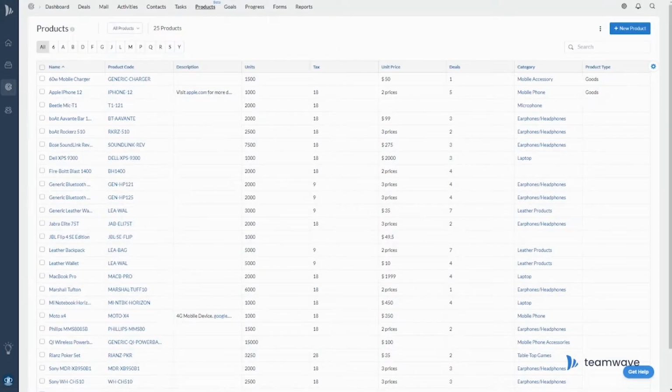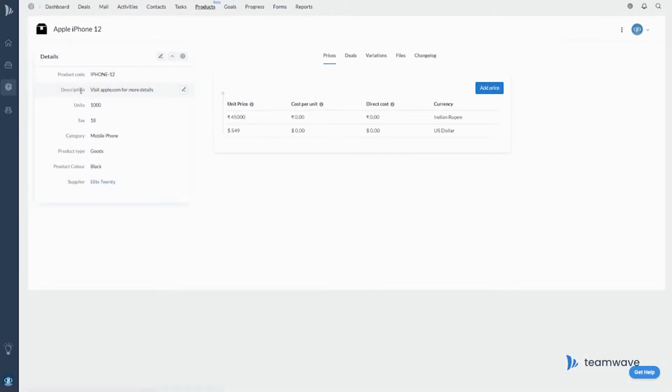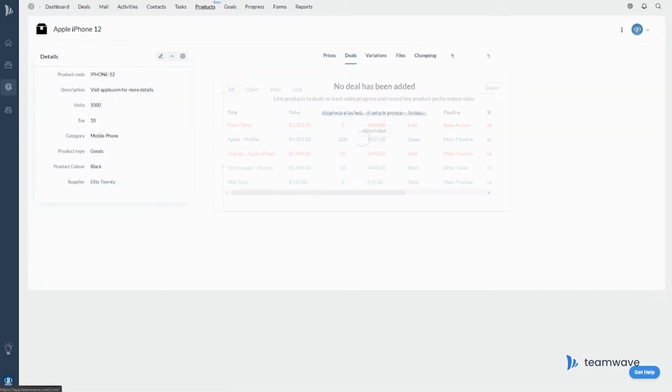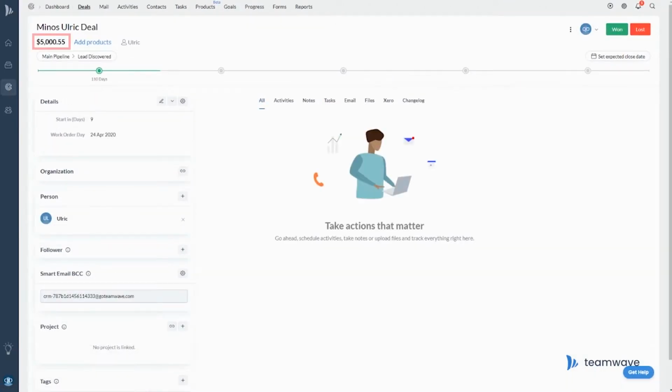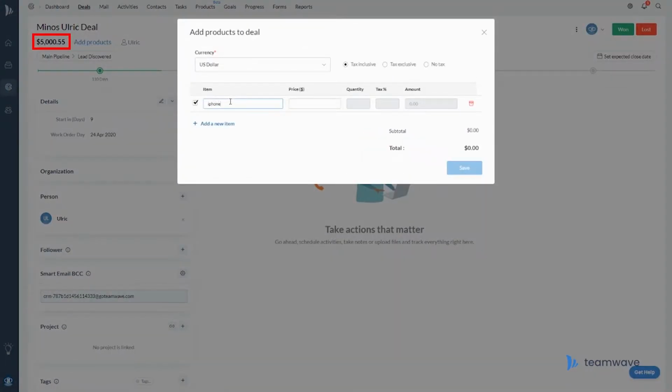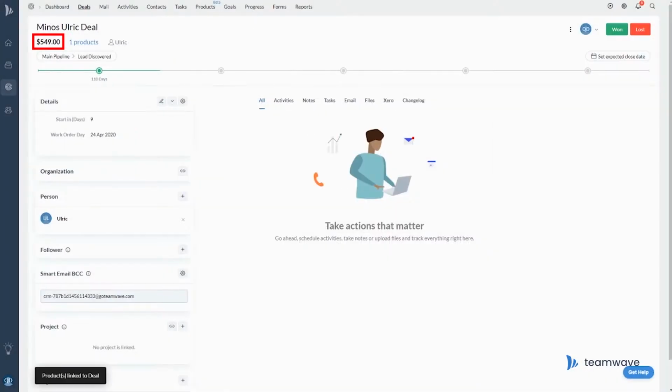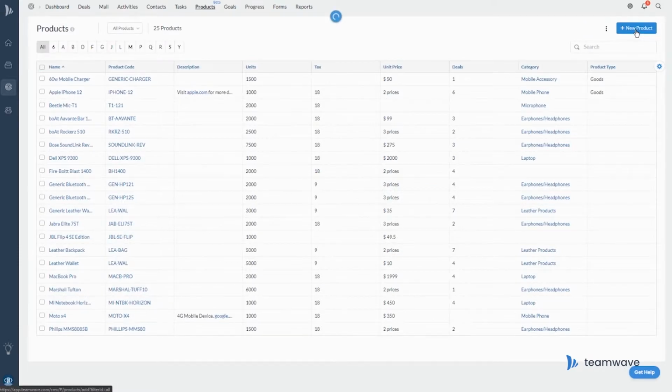Sharpen your pencils, your TeamWave experience is about to level up. Create a customizable catalog of products or services, whatever it is that you're selling, and then you can add prices to these products and link them to deals. When adding products to a deal, the deal value will be calculated automatically based on the sum of the product prices in that deal. To add a product to your TeamWave account, go to the Products tab and click Add